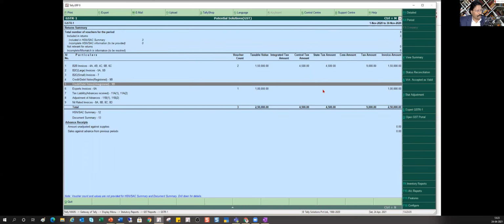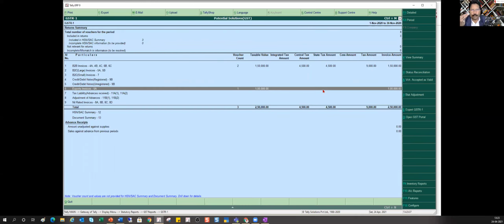So you see here, first is 6A. Tally has automatically calculated your export invoice, because I have marked that as my foreign customer and all those things. I have also linked my export sales with the classification of nature of transaction as export. So I've done a one to one, though you don't have to do one to one, but I'm showing you all use case scenarios. So it has automatically come into your export invoice table 6.